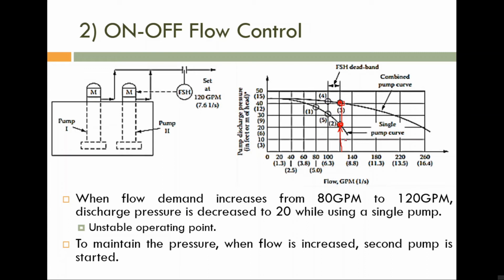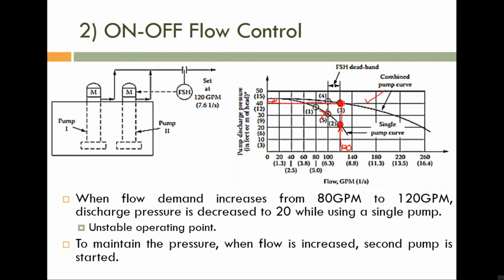So if you have the combined curve, then corresponding to 120 GPM, the pressure is now this point, not this one, because now this curve is not there. What we have is this curve. If we have this curve, then corresponding to 120 GPM, the pressure is something around 40. Earlier we had 38 psi. Now you can see that the pressure is increased to 40 psi, and that 40 psi is very close to 38 psi.